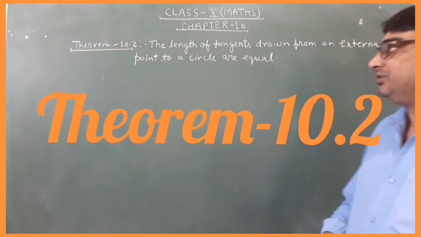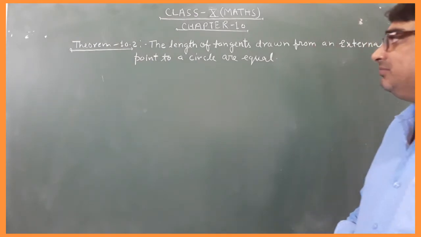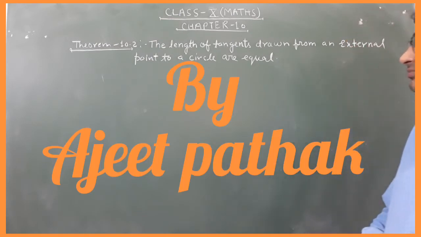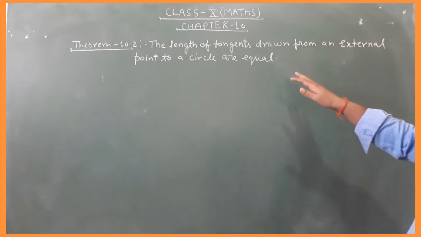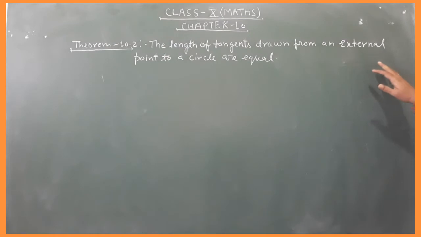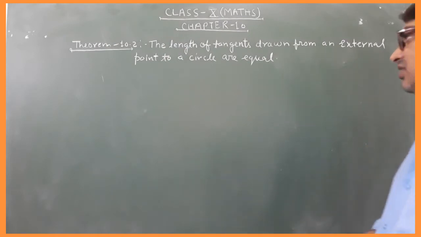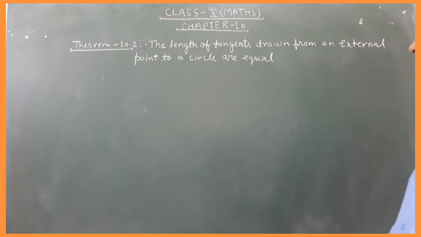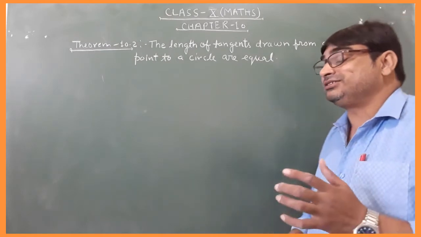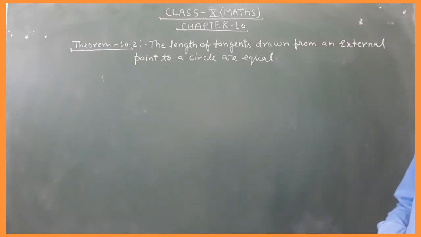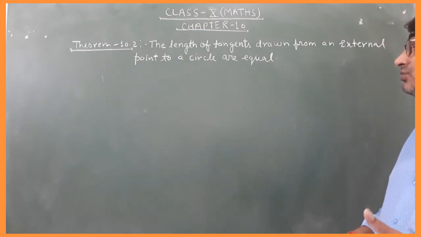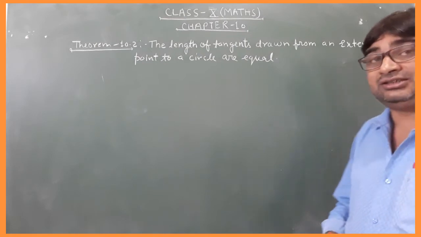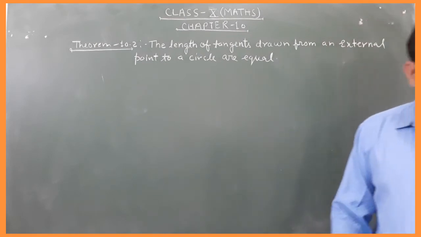Today we are going to discuss Theorem 10.2 of chapter 10. The theorem is that the length of the tangents drawn from an external point to a circle are equal. The length of the tangent drawn from an external point, जो टेंजेंट एक्सटर्नल पॉइंट से ड्रा की जा रही है, फ्रॉम एन एक्सटर्नल पॉइंट टू अ सर्कल पर वो दोनों टेंजेंट इक्वल होगी। हमको यही बात प्रूफ करनी है स्टूडेंट।